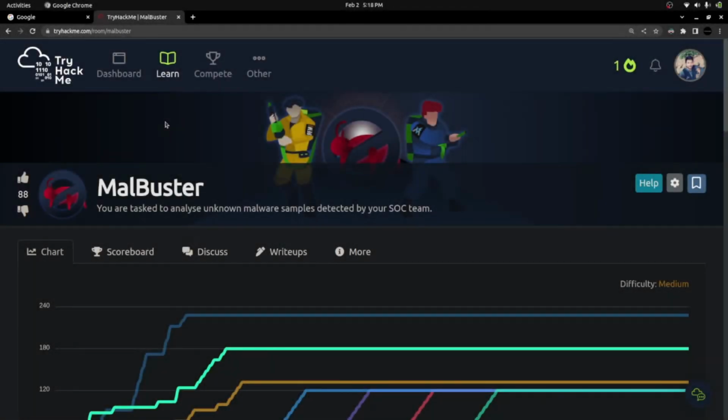Malbuster. It's a recent TryHackMe machine and also a simple one. It explains malware static analysis and a little bit of reverse engineering. I would say it's a beginner-friendly room. Even if you are a beginner and have no idea about malware reverse engineering, you can feel free to take